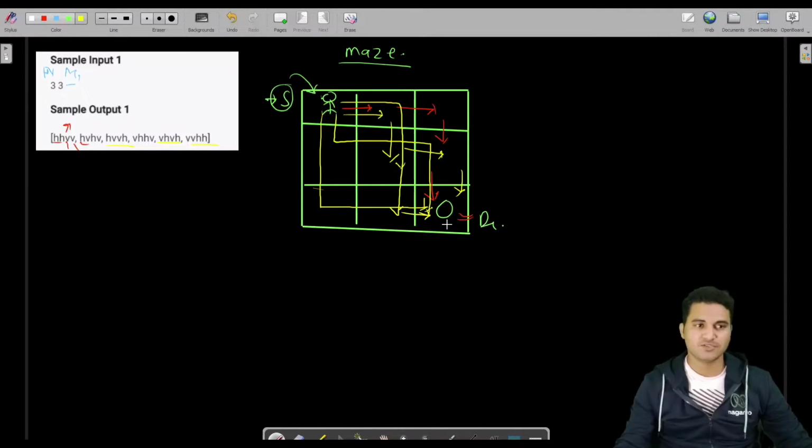So this is the question, and I want you to try this question on your own, because this is the simple problem, easier than the one we have done in our previous solution, which was getting the stair path. I'm hoping you can solve this question. So at least try it on your own, and if you are done with your trial, then let us see my solution.